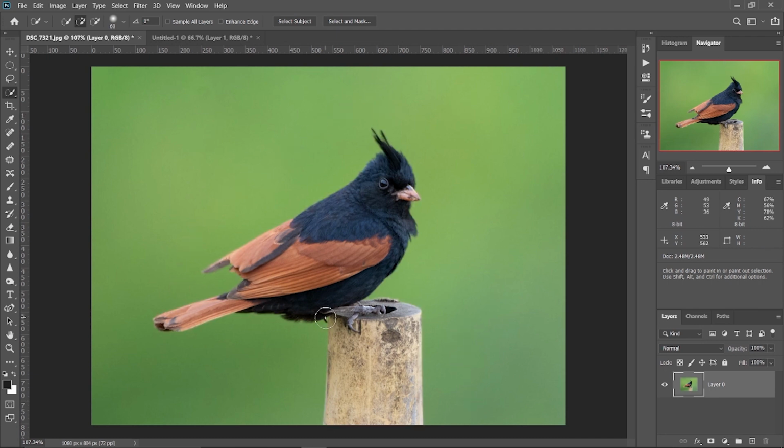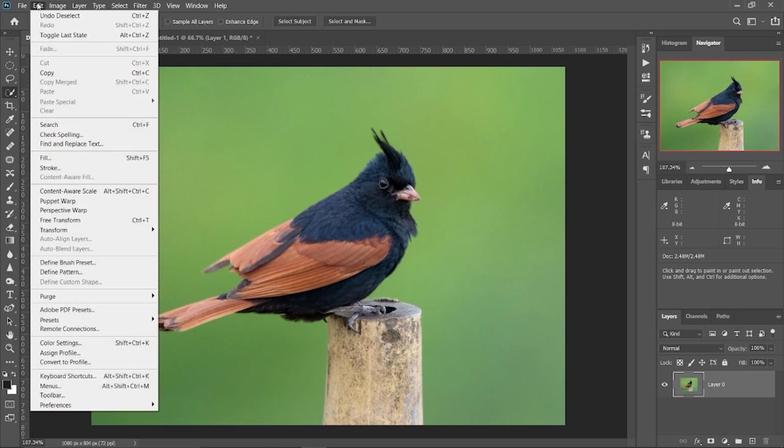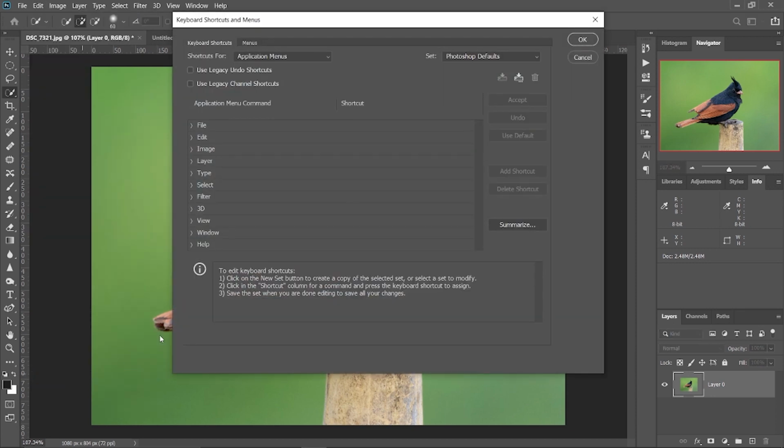Now that we're done with the 15 shortcuts that everyone should know right here in Photoshop, I'm going to give you the bonus of this video, which is how to make your own custom keyboard shortcuts for other functions that do not have them. Let's go, and how to find this function is go in the top taskbar, go into edit, go into keyboard shortcuts, which is in the lower part of the drop down menu.